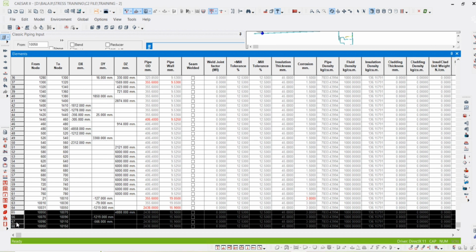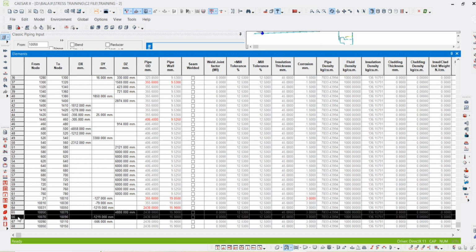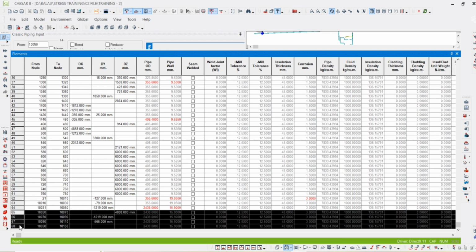So you copy from 10,050 to the saddle end. Right click. Your cursor will show a black arrow on the left side. You have to pull that black arrow, select all the rows, and right click,